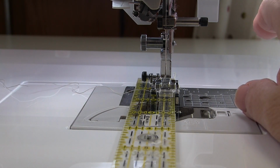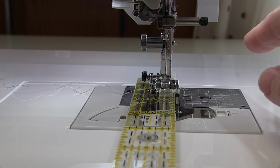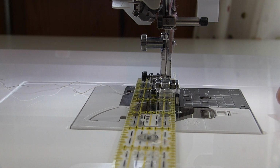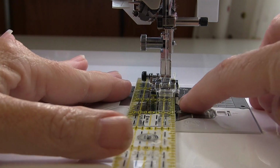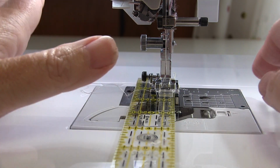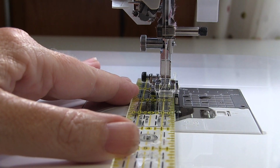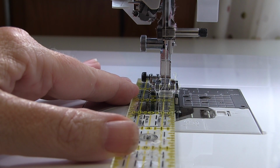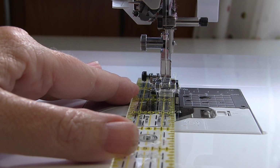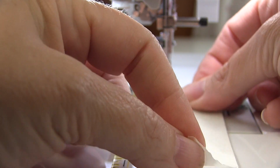Now, last but not least, if you have a machine that doesn't have these options for the 1/4 inch and you don't have the ability to move your needle position to the left or the right, then the other option is to actually mark on your machine bed where your 1/4 inch is. So what I've done is I've taken my little ruler and put it under there again. I have lined the needle up exactly over top of the 1/4 inch mark on the ruler, right there. And then you can just take a piece of masking tape, line that up right on the edge of that ruler,